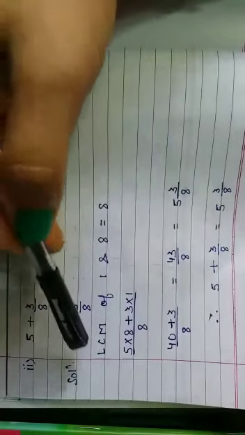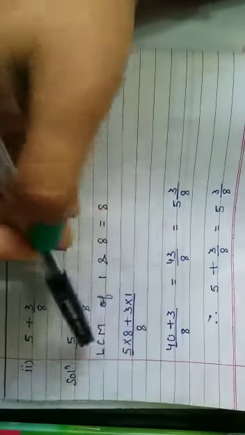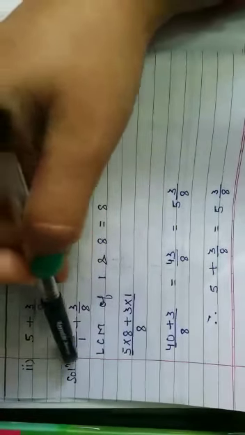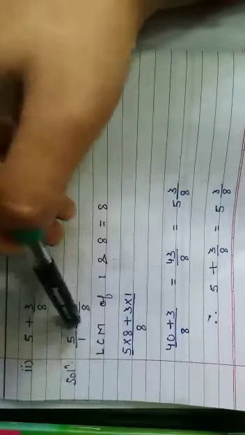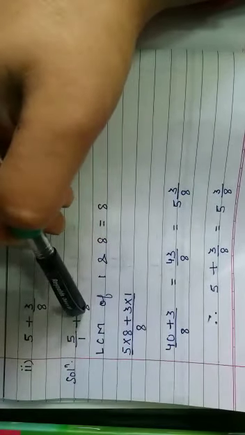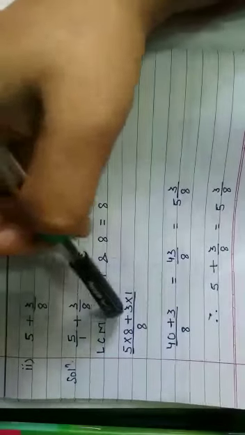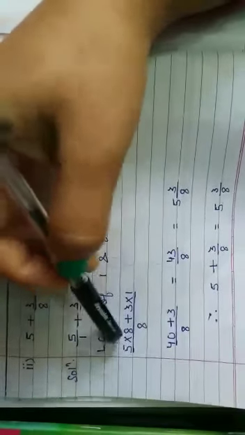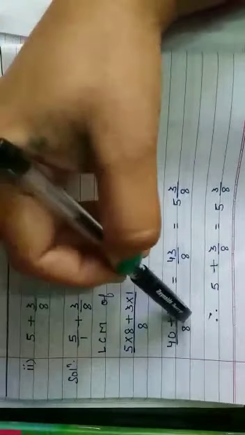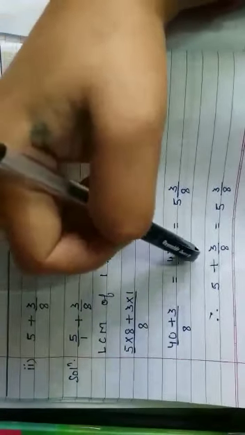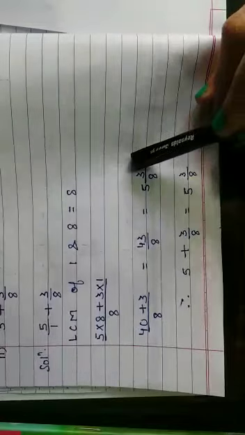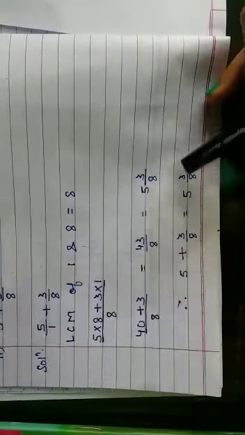Then again in the same way, this LCM will come in the place of the denominator. Because 1 eight is 8, we have to multiply the numerator also by 8. 5 eights are 40 plus, then 8 ones are 8, so here 3 ones are 3. So 40 plus 3 is 43 upon 8. Because again this is improper, we have to change this into a mixed fraction. So 8 fives are 40 plus 3, that is 43 upon 8. So the answer is 5 and 3 upon 8. Okay.